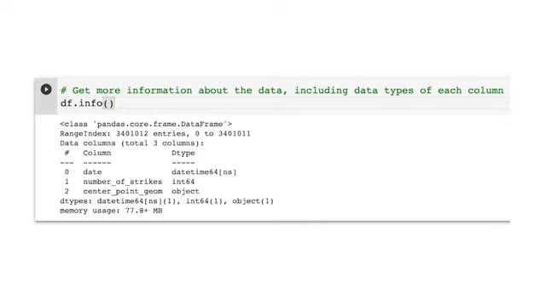Our range index tells us our total number of entries, nearly 3.5 million. We also find that the data values in our date and center point geom columns are classified as objects, and the data in our number of strikes column is classified as int64.